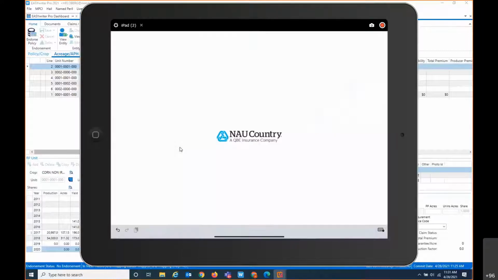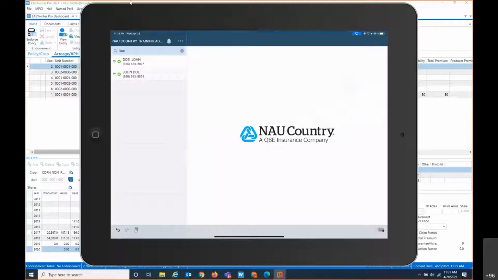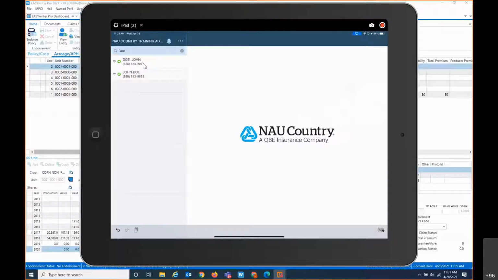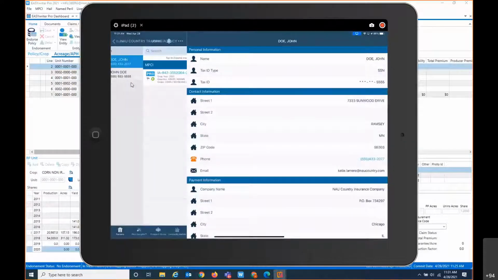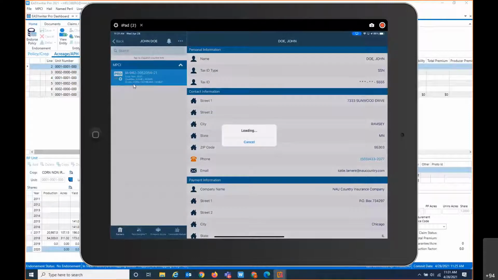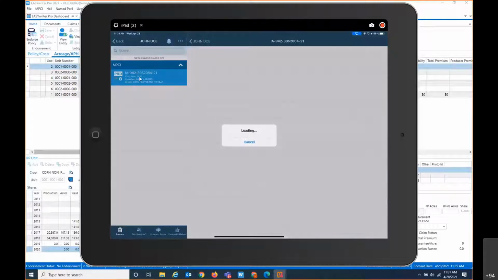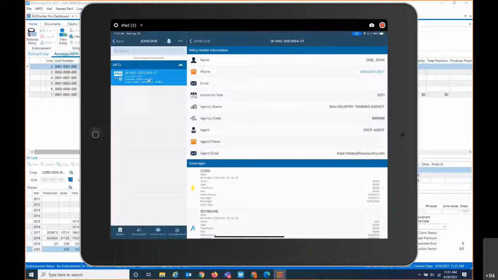And let me just get that off the screen here. I am in the EasyWriter Pro, NAU Country mobile device. Right now, as an agent, I have my insured showing up on the left-hand side of the screen. I'm going to click on the insured that I'm working with right now to report their acreage. If there is only one policy that is assigned to the insured, it's going to automatically take you into the policy. If there are multiple, you would just select the